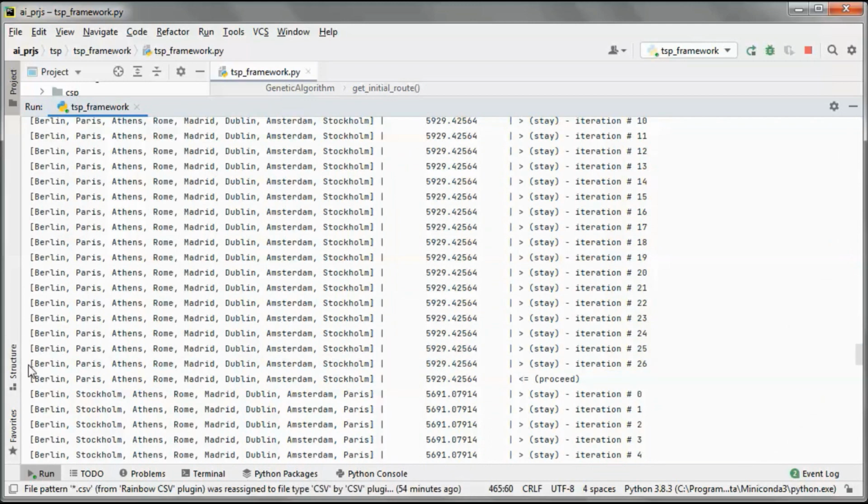And here we compared this route against the adjacent route. Actually, we are here. So we compared this route against the adjacent route, and this one had a shorter distance, so we proceeded. And the adjacent route has those two cities flipped.